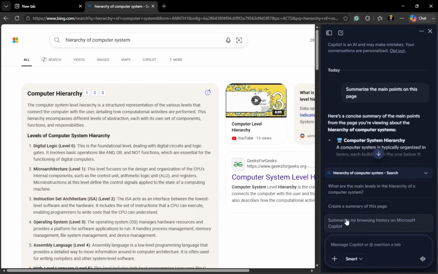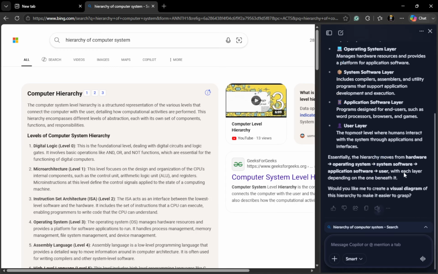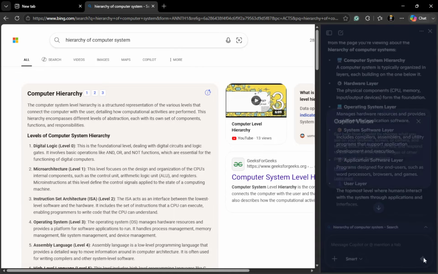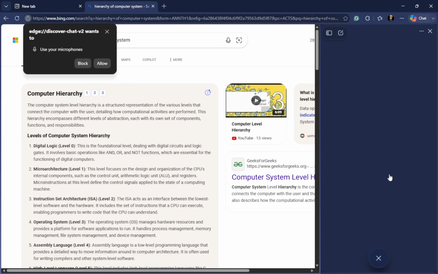If your version of Edge supports it, you can also use voice commands with Copilot Vision. Look for the microphone icon. Clicking it allows you to speak your queries instead of typing them. Copilot can see the page and respond in real time. This feature is designed to make your browsing experience even more seamless. It's perfect for when you're multitasking or prefer speaking over typing. Remember, it's not always about speed, it's about convenience and efficiency.